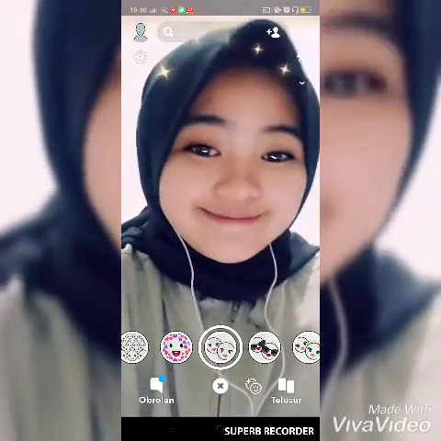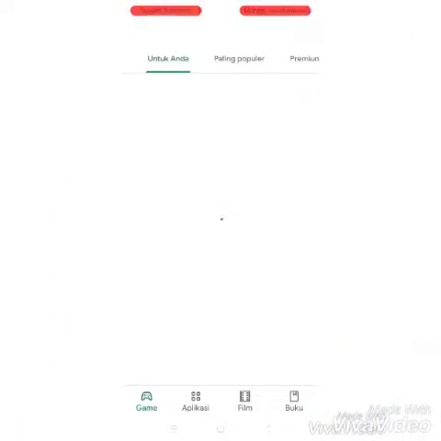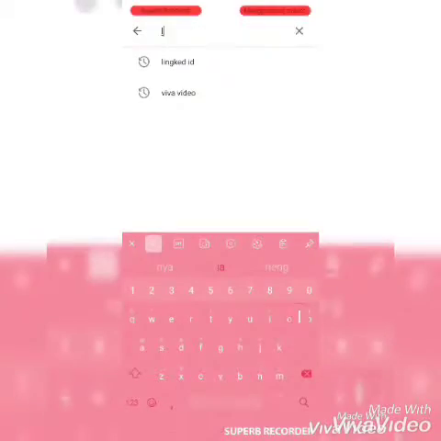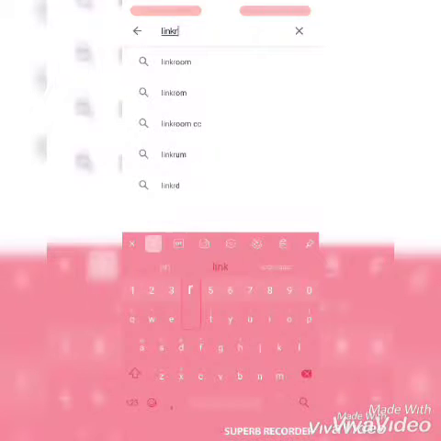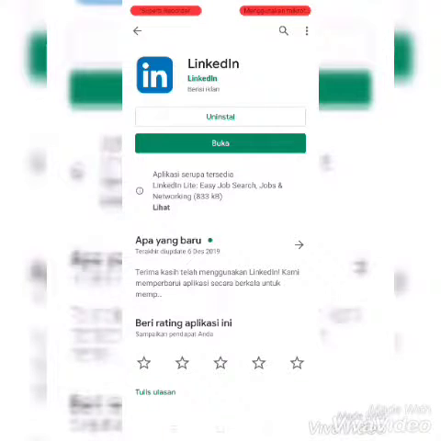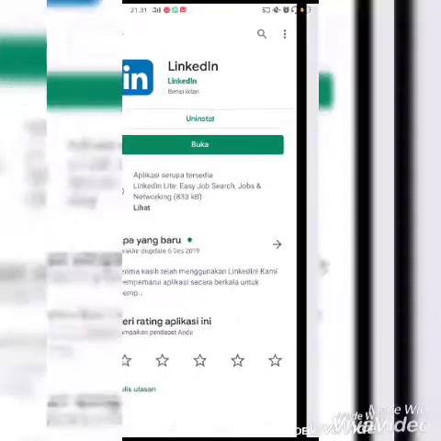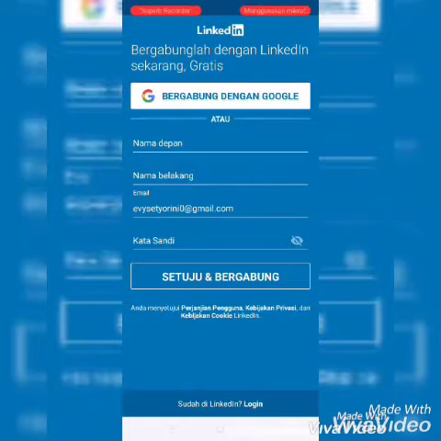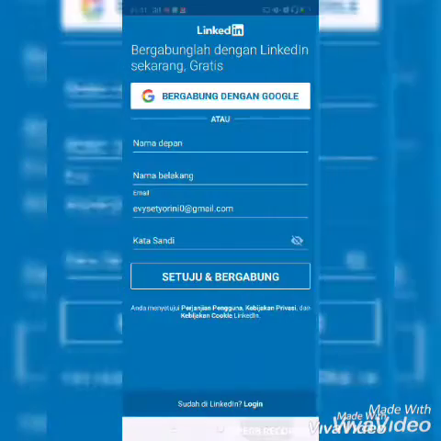Let's do it. First, you go to the Play Store and type LinkedIn application. I already have the LinkedIn application, and I have two LinkedIn accounts, but now I'm logging in with a new email, and you can log in with a Google account, or